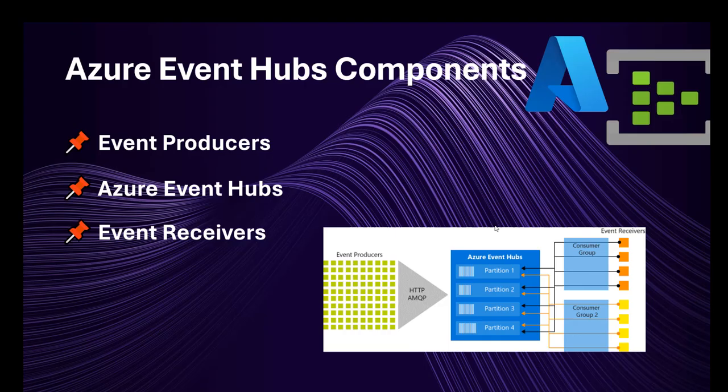Basically, we have the event producers, and these are the sources that send data to Event Hubs. They can be applications such as IoT devices, logs, sensors, and it could also be Azure services such as Azure Functions, Azure Data Factory,